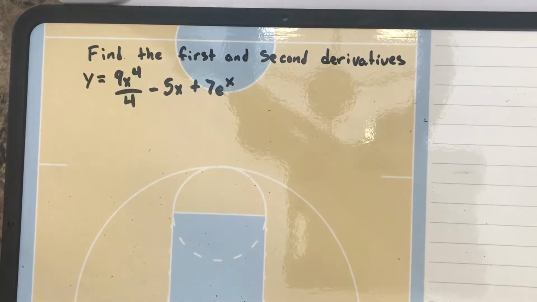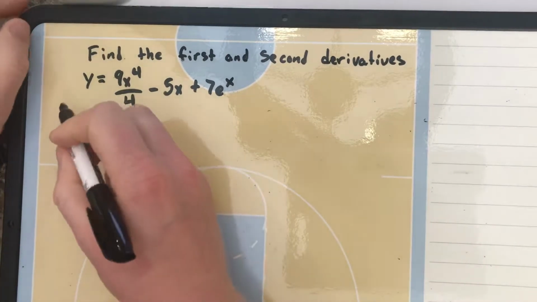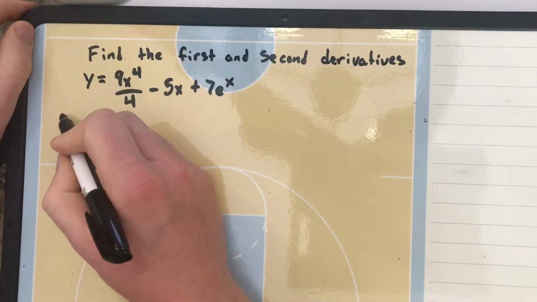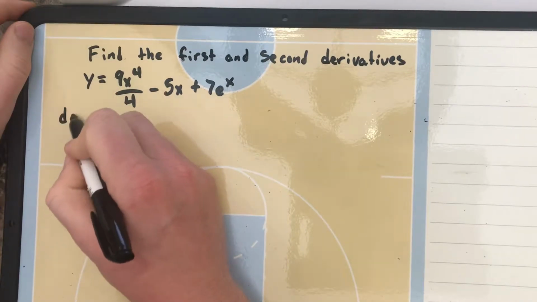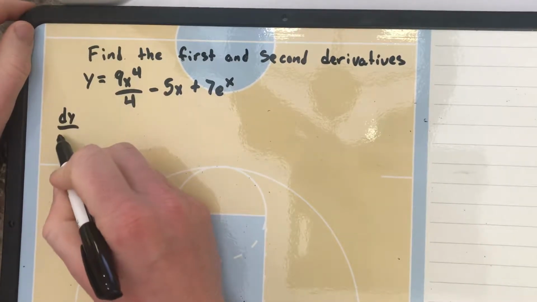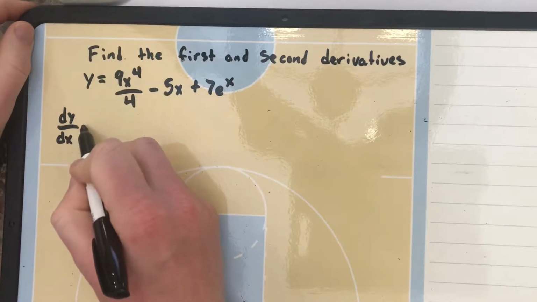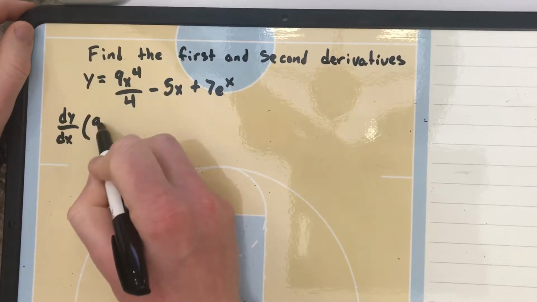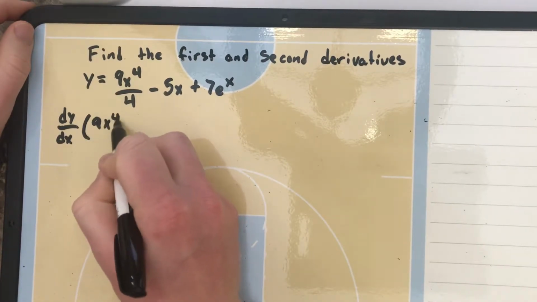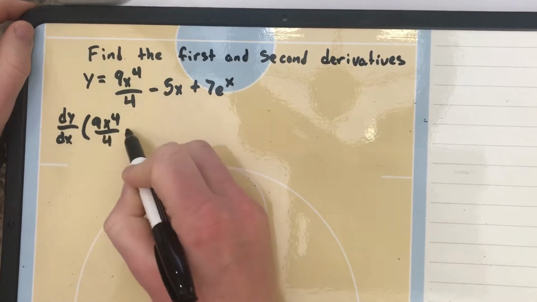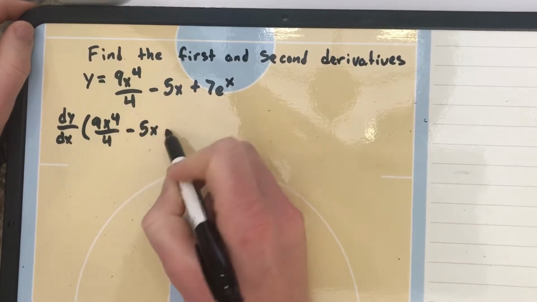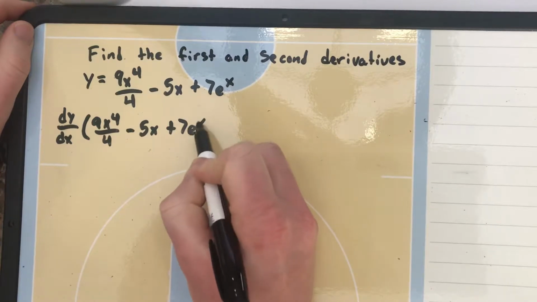Hey everyone, here's another example video from section 3.3. Again, it wants us to find the first and second derivatives of this function. So let's start out by saying, dy over dx of this function, 9x to the fourth over 4 minus 5x plus 7e to the x